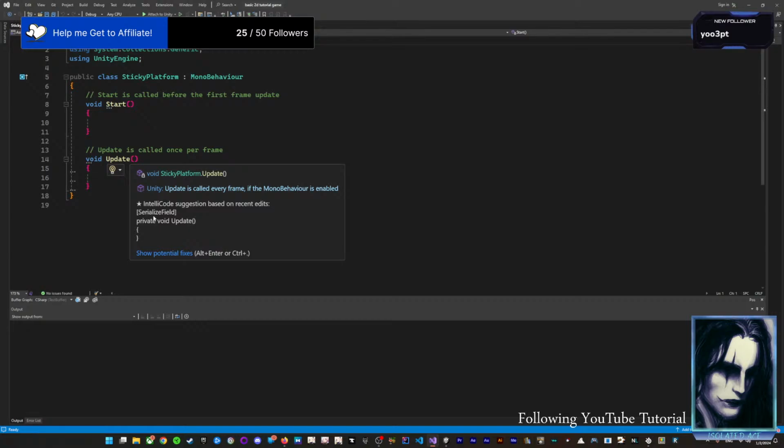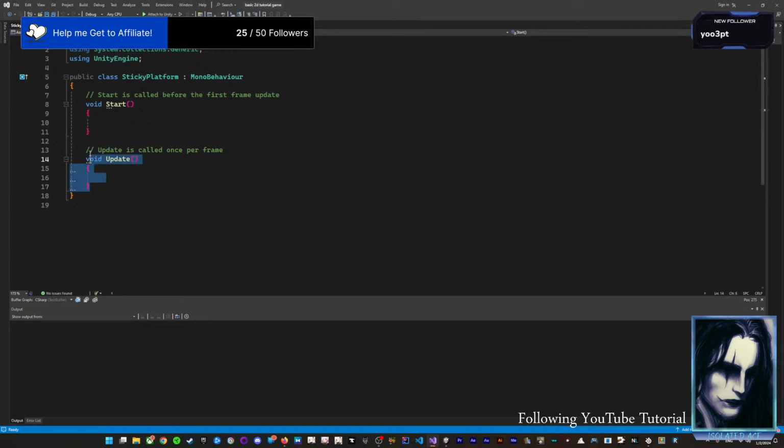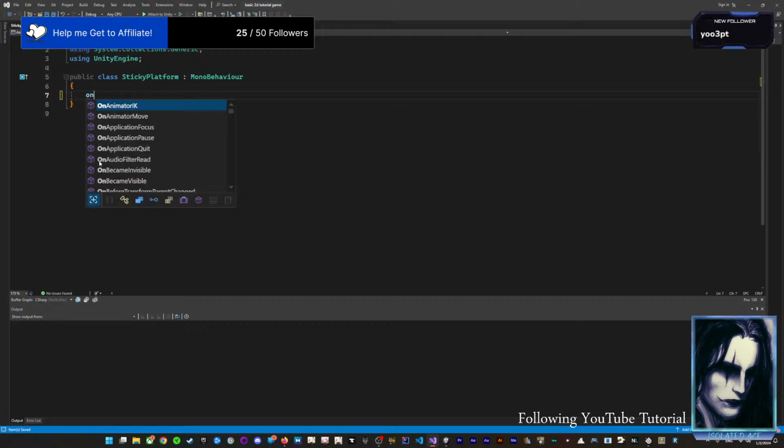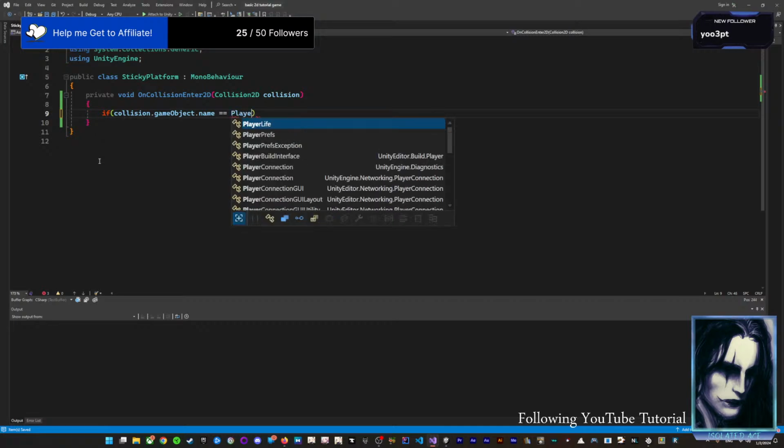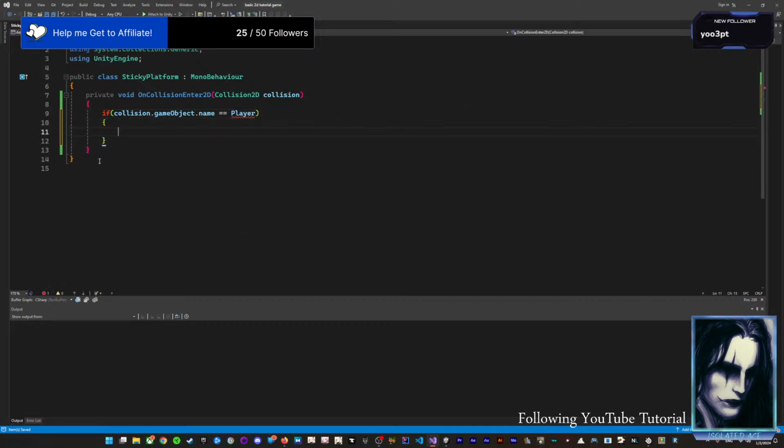So let's do this. We don't need start and update, instead we just want to get notified when we touch the collider of the moving platform, which we can find out with OnCollisionEnter2D. If you don't have auto completion in your editor, just type it out manually, like here. Here we check if collision, which is this argument again, .gameObject.name. This time we don't need to add a tag to our player because we only have one player and it will always have the name player. So instead of adding a tag like we did for the cherries, we can just compare the name